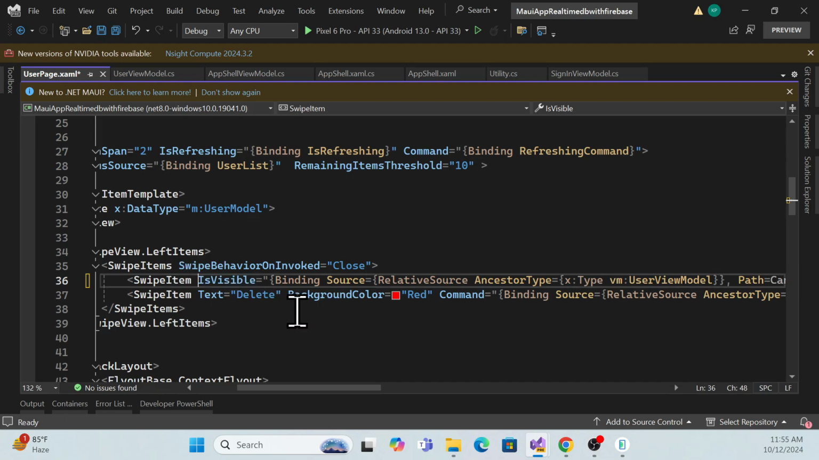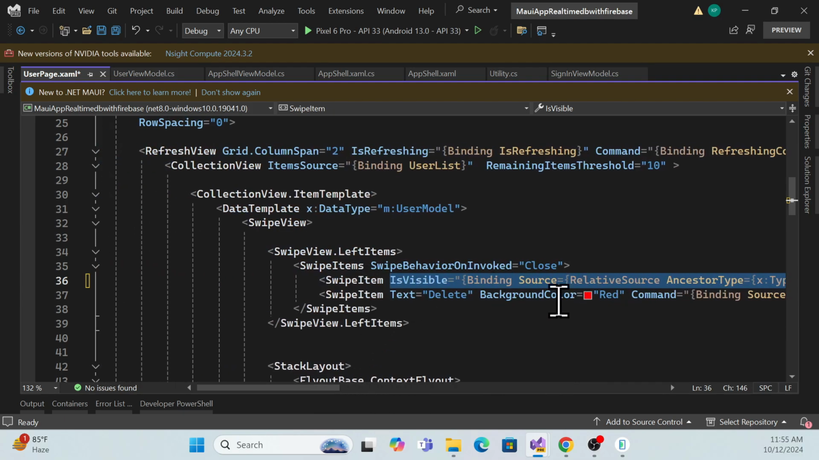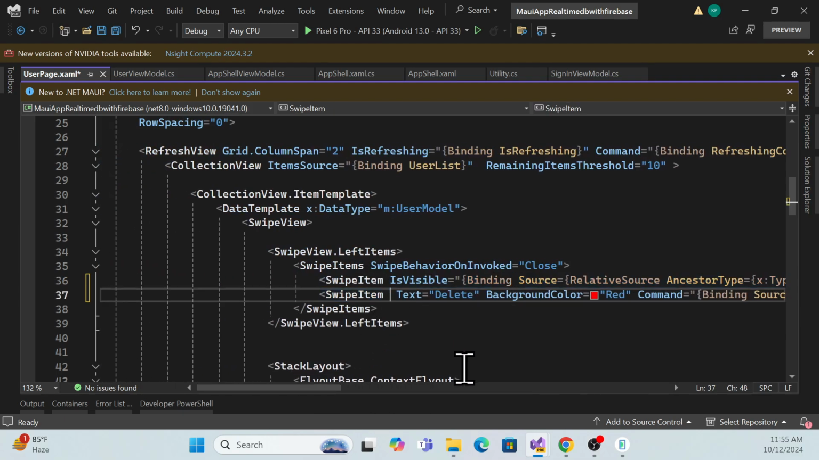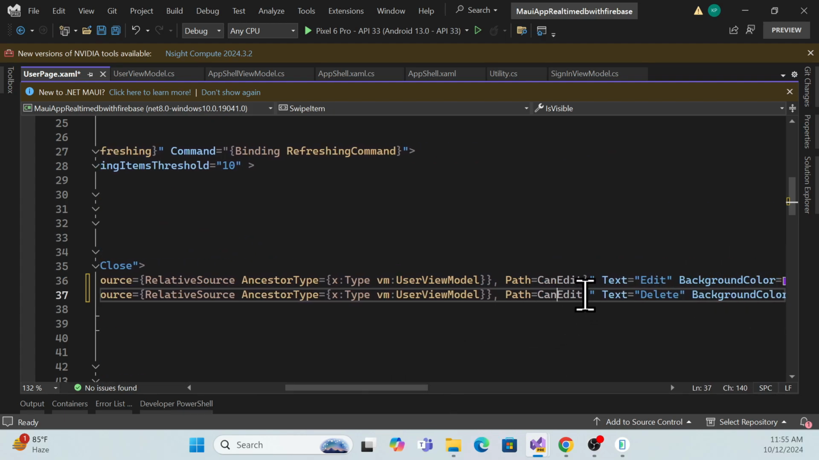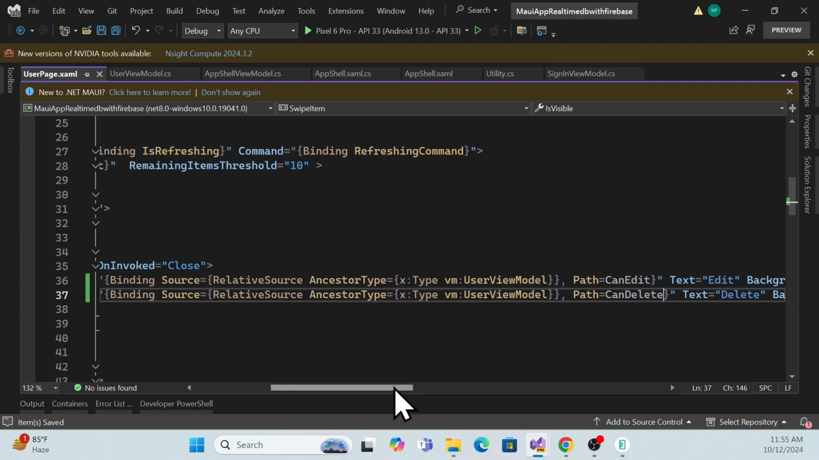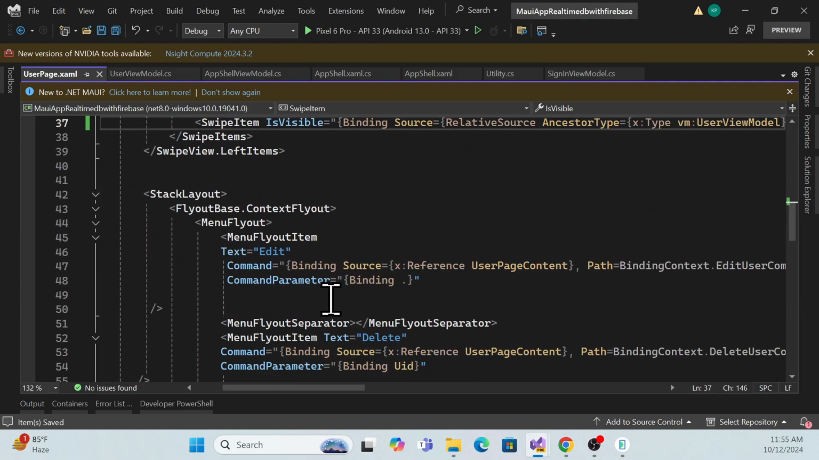Same thing you can just copy again for the delete also, because this is the edit, and this is the delete swap. In this delete swap, what I can do, simply I can change it to CanDelete, because I just made that property as a delete. So let me create it as a delete. Okay, so now we have done the swap functionality,